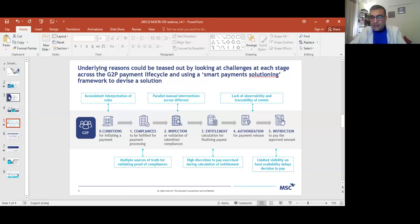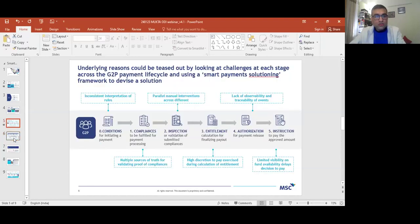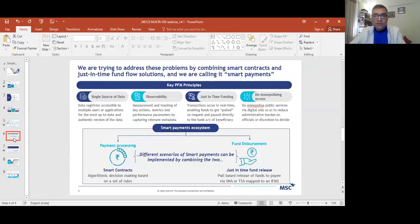And then we see that there is limited visibility on the fund availability, which leads to the delay in the decision to pay. And so what we are trying to do is to solve for these problems that I've mentioned, the 6 stages and the problems and the challenges that we face, by using a smart payment solutioning framework, and for which we